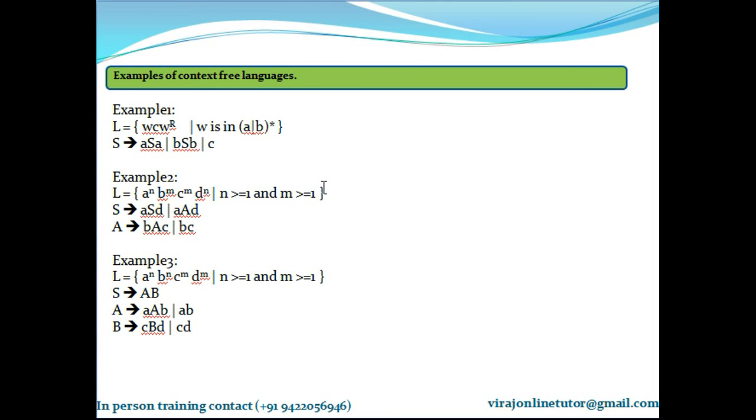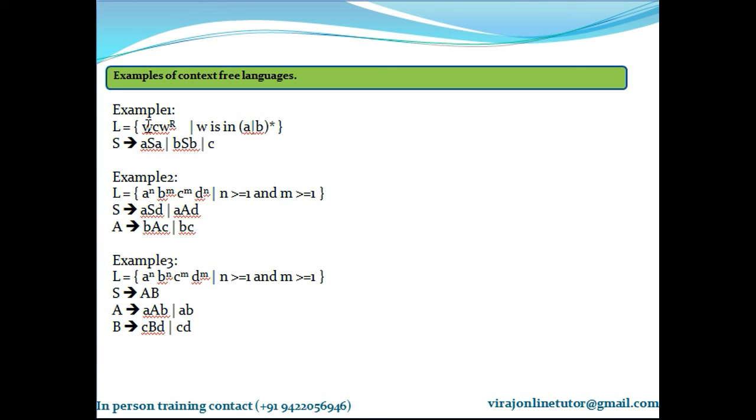So these are some examples of context-free languages that I have on my screen. I'll explain all these examples. Okay. So context-free grammars we already know by now. It contains a set of productions, right? So context-free grammars generate context-free languages. Languages are nothing but all strings which are generated by that particular grammar. So starting with the start symbol of the grammar, all the strings that can be derived using that particular grammar form the language for that grammar.